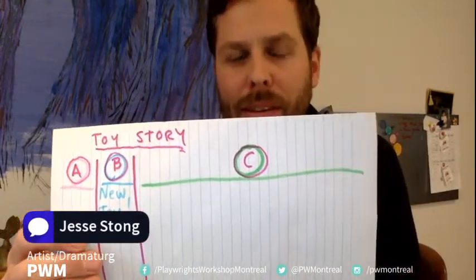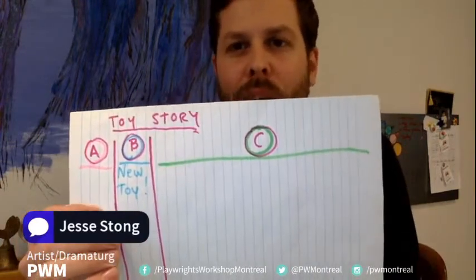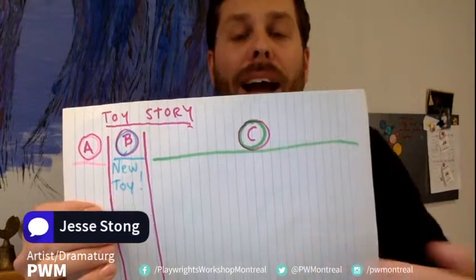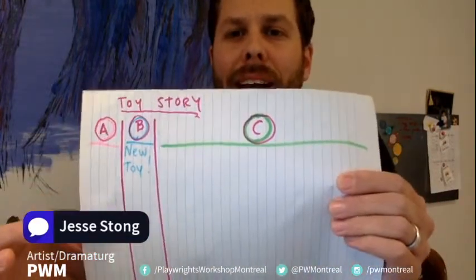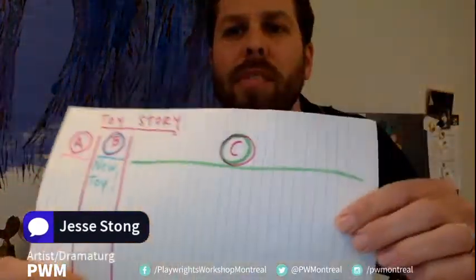It's a buddy-buddy piece, right? It's about them becoming friends and realizing they need each other. It's opposites attract. Woody and Buzz in the end accept that this new toy is okay. But actually, if you look at it, there's very little A. The change moment is very quick, and within the next scene, Buzz is out the window and we have to go save Buzz. Or Woody. Woody's out the window, we have to save Buzz. So most of the movie exists in C, after the change.